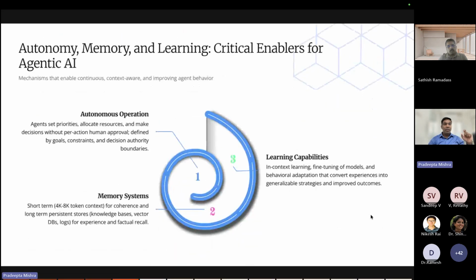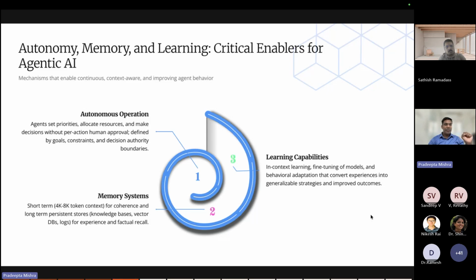Okay. Now, the anatomy of memory and learning, which are the critical enablers for agentic AI. In the current session, I tried two use cases. Find a flight to SFO from BLR, that is one use case. The second use case is predicting the quality of wine given a data set, right? Now, when we asked a combined question, taking the entire data in the memory into account, to answer this question,